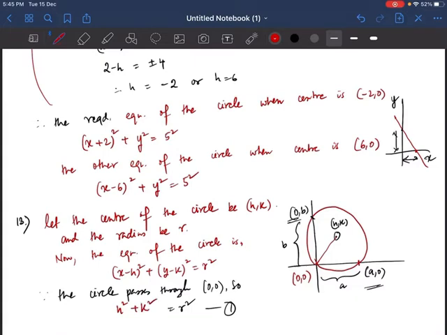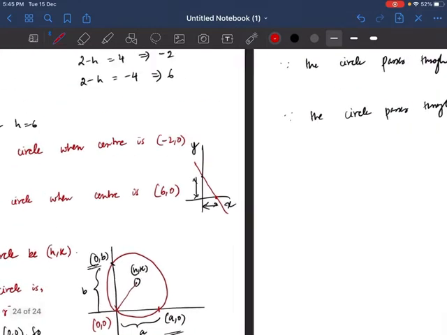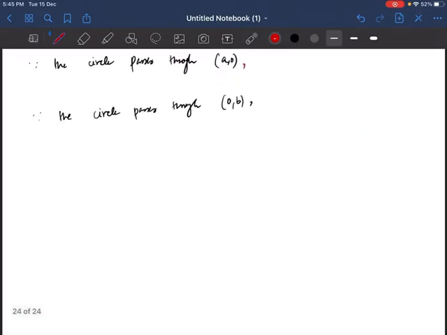So you see, you get the value of radius. The radius is nothing but root over of h square plus k square. From the first equation we got this thing. Please rectify this one. Since it's passing through 0 0, x y will be 0, not h k. So again, here I will write a minus h whole square plus y square, plus this one will be k square, is equal to r square.